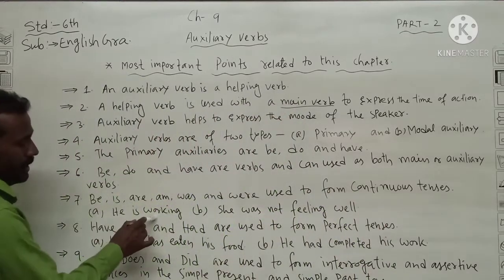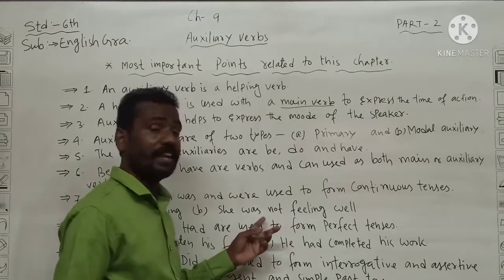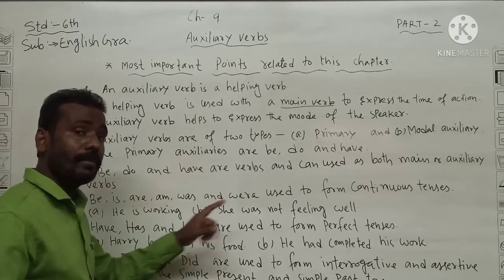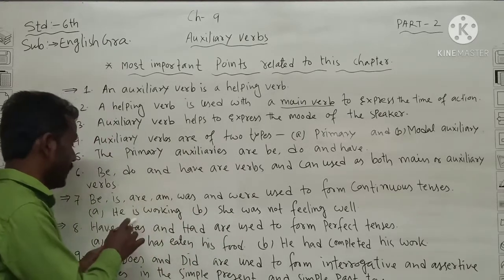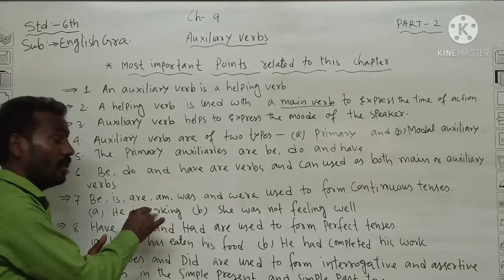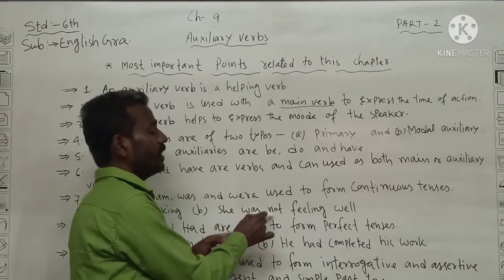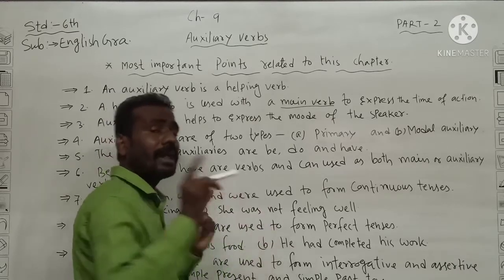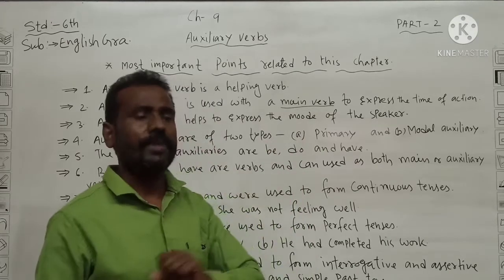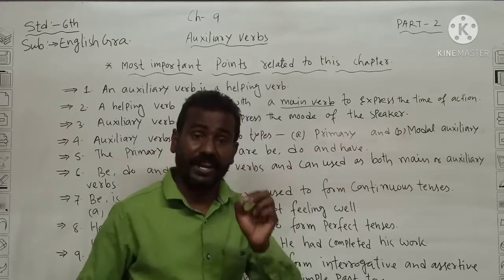So he is working. Example B, she was not feeling well. She was not feeling, this is negative continuous tense here. This is affirmative, this is negative. Two things I am telling in one way. One side I am telling regarding the auxiliary verb used before the main verb, and here was not feeling, I converted affirmative into negative, but this is another sentence. But how to make the negative? After the helping verb or after the modal verb, you can put not. Then it becomes the negative sentence.